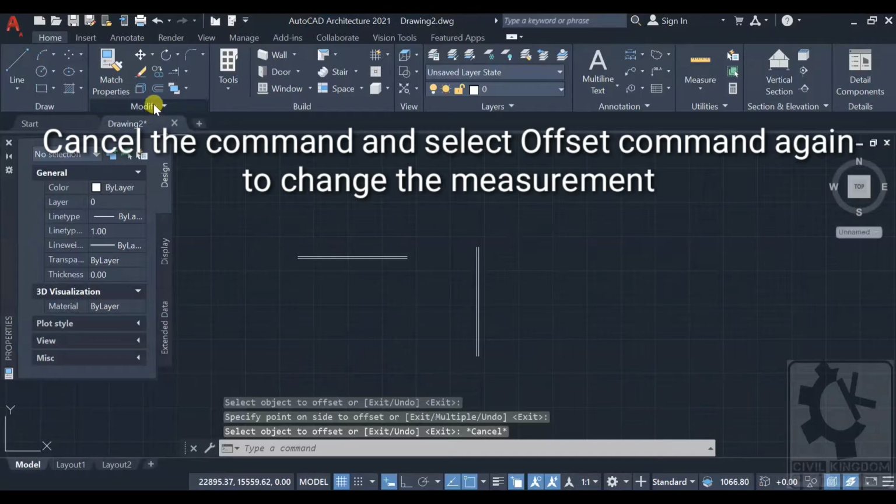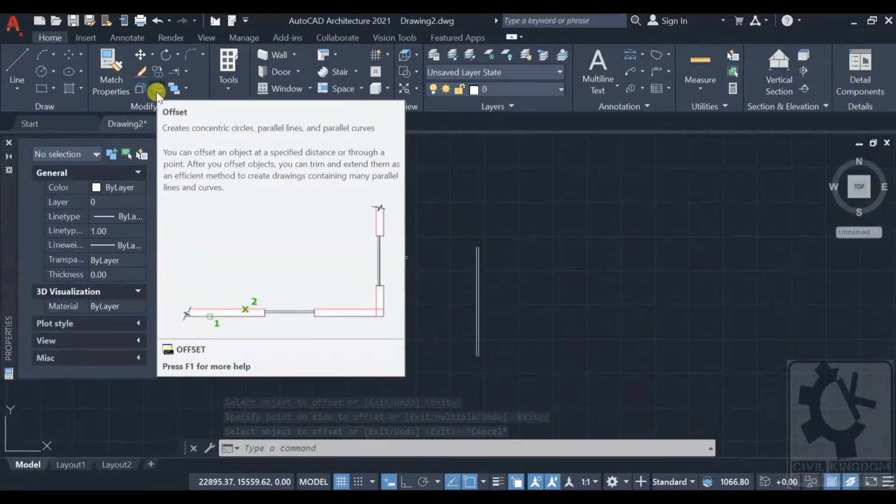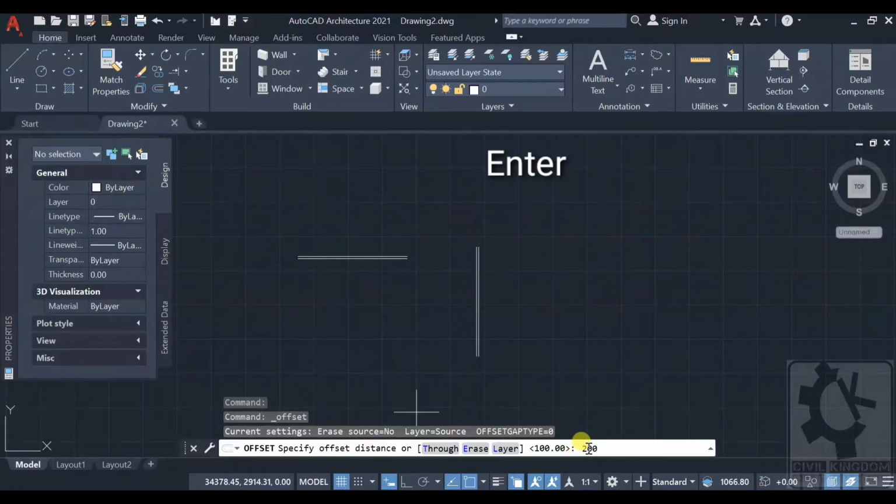Again, if I want to change the measurement, say this time I want 200 mm. When you select the offset command, it will ask for an offset distance. Say 200, enter, select an object.